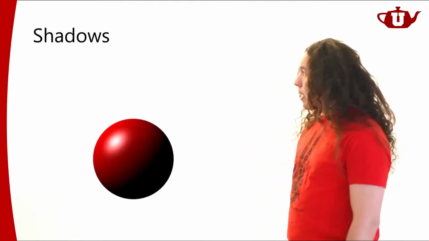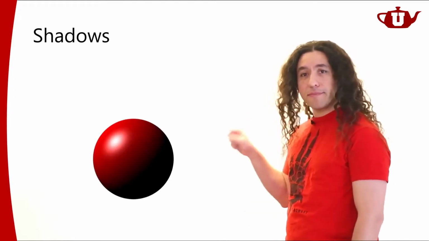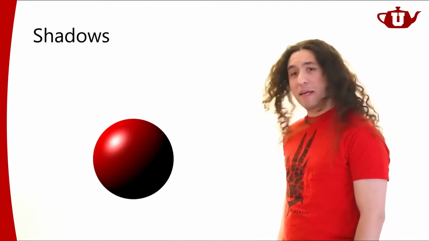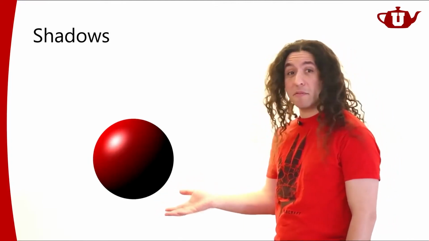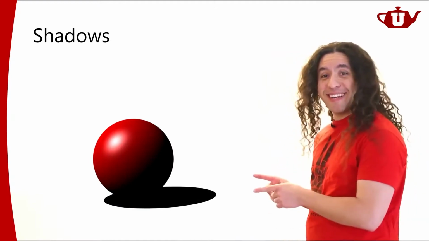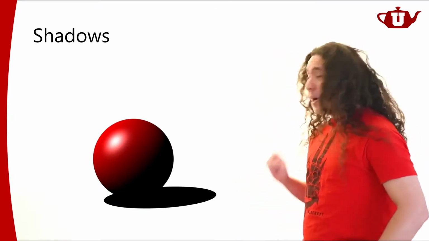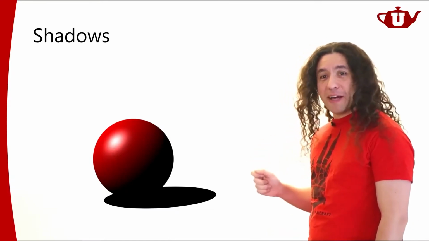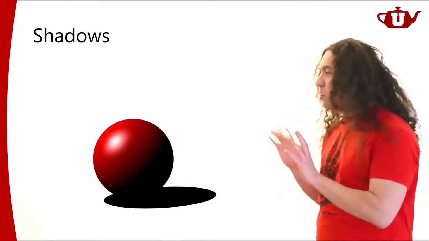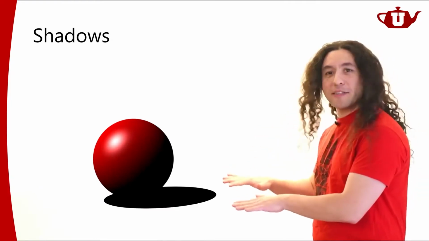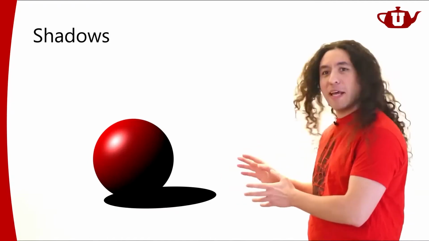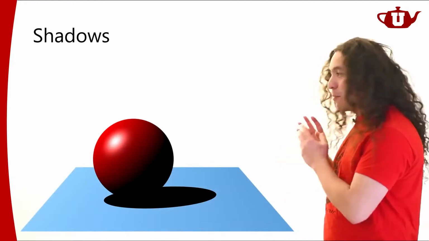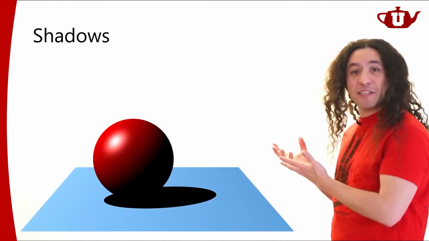So let's say that I have this lovely object. Are there any shadows? You could say maybe the back part over here is shadowed, but let me put a shadow down here. All right, so here's the shadow. What does this shadow tell you when you look at it? It does a very important job, actually. It should create the illusion of a plane underneath the ball immediately. As soon as you see it, you're like, oh, the ball is on a plane, right? I'm not showing you that plane, but you can tell that it's there just because of the shadow.